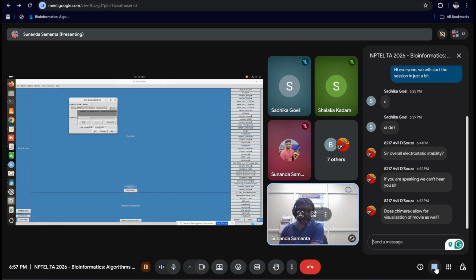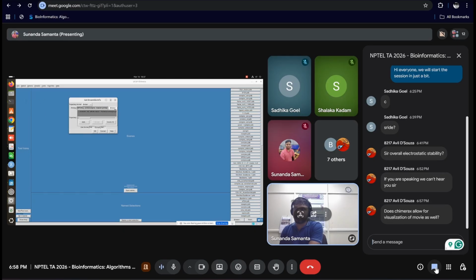ChimeraX allows visualization of movies as well. For ChimeraX, I will have to check whether it allows loading of a trajectory and then generation of a movie. I don't exactly remember off the top of my head, because previously I have used Chimera as well as VMD for visualization of movies and trajectories, but I haven't used ChimeraX, so I have to check that one. But anyway, here first of all you have to load a topology file, which